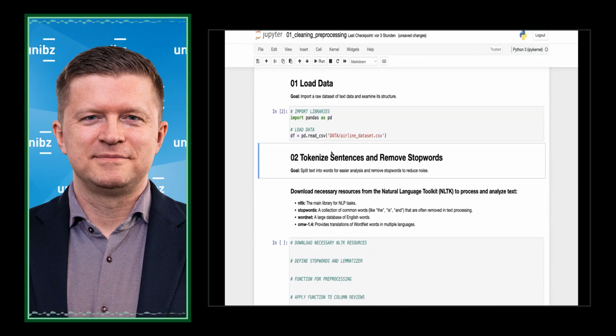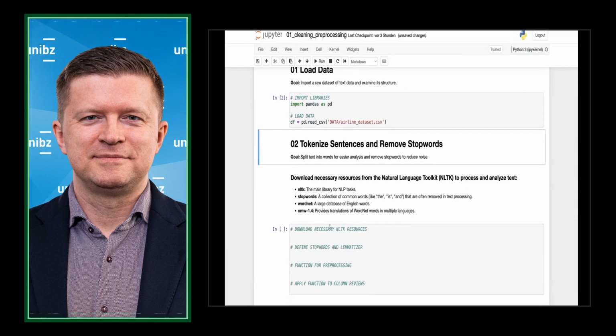the sentence, and also we want to remove the stop words. We saw why we do that, and I also mentioned a couple of libraries that help us to do that. I also put them down here just with a little bit of explanation so that you can reread this.